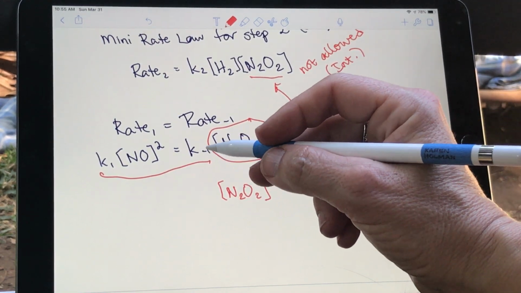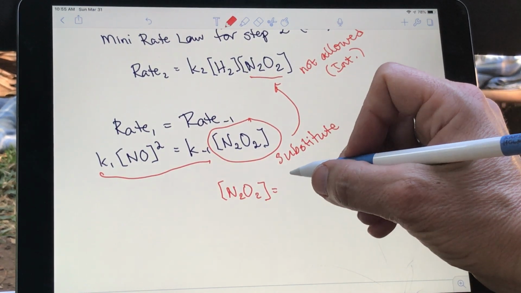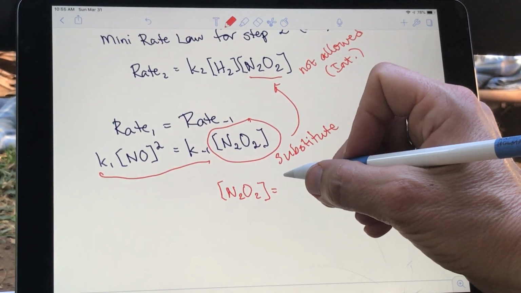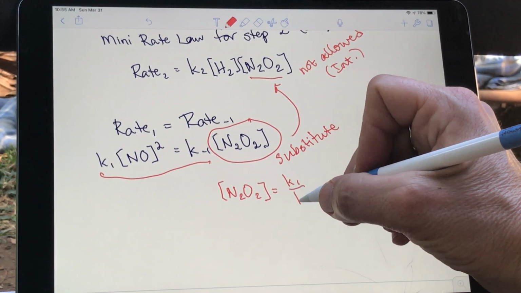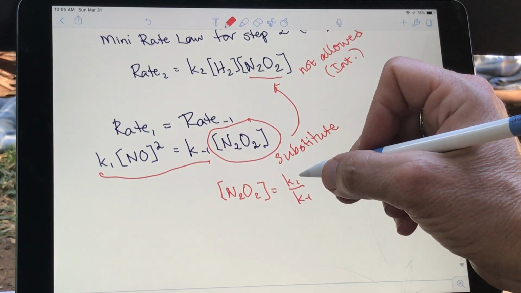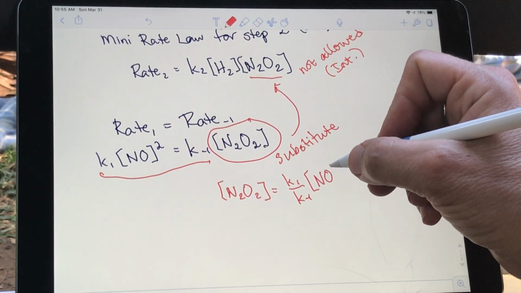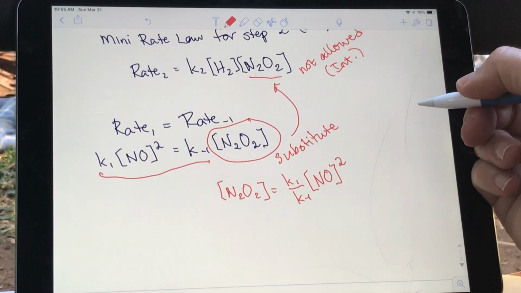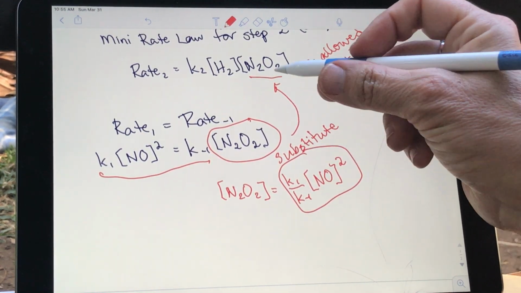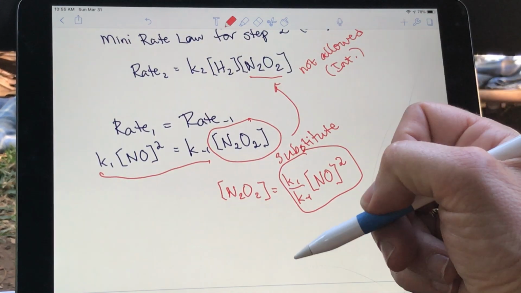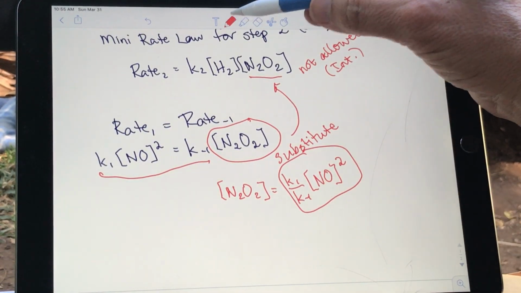Okay, so we'll divide both sides by K minus 1. You're going to see things again and again. It's going to be very consistent as you do more of these kinds of substitutions. So here, when you have a fast equilibrium, you often see this K1 divided by K minus 1. In this case, it's NO, and that's squared. So you're going to substitute this in to right there. Okay, so the result of that then is